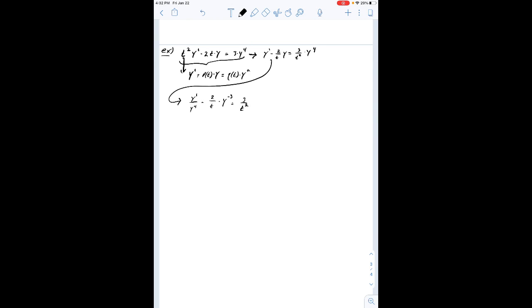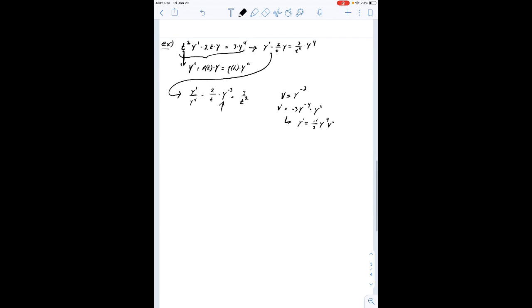So remember that we need to make this into a regular v to the first, or whatever variable you want to call it, to the first. So we let that be our transform. So we say let v equal y to the negative 3rd. Therefore it follows that v prime is equal to negative 3 y to the negative 4th times y prime. Okay, so then from this we solve y prime is equal to negative 1/3 y to the 4th v prime, and we can substitute these two things back into this